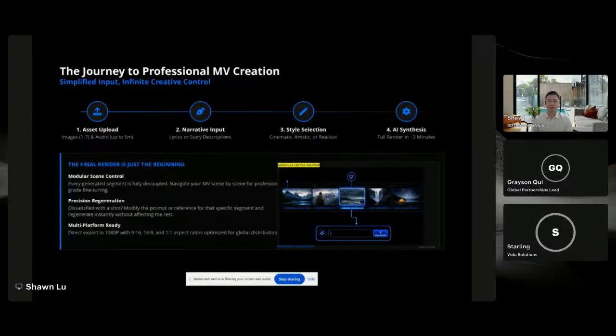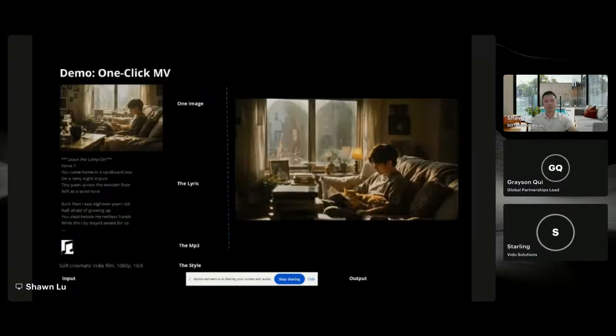And then we provide you with a dashboard to easily edit just one or a few shots. The idea is to give you an out-of-the-box feature to use the MV and just edit it where you want. And the video will tell us more about it than my speech. So let's jump to the last page. We'll just play maybe 10 seconds of the MV, and just look at the left. This is the only input that you need to upload.